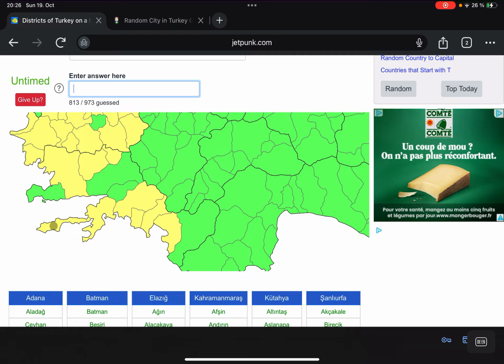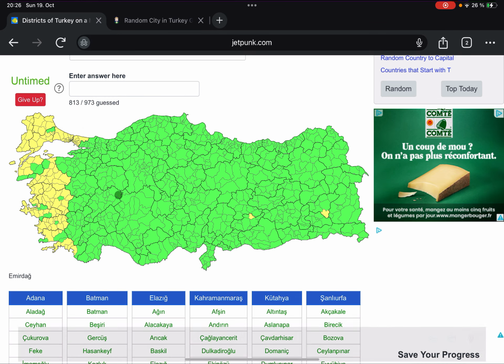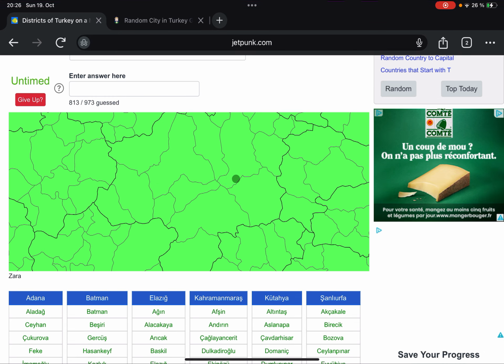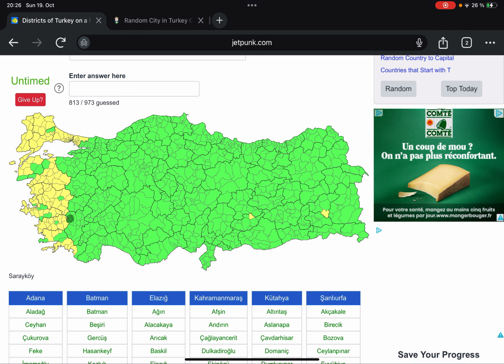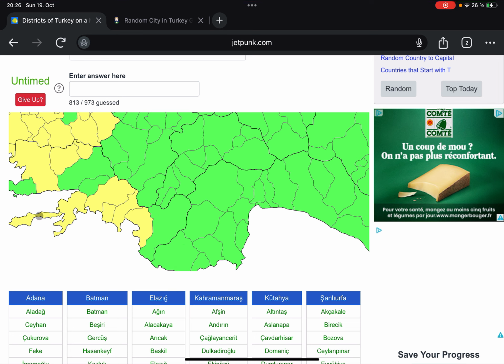And here, by the way, we already named Seydikemer when I confused it with Seydişehir in the province of Konya. And we have the district of Ula, which I think was entered when I tried to name Ulaş here in Sivas province. All right, so we have Bodrum, we also have Milas,